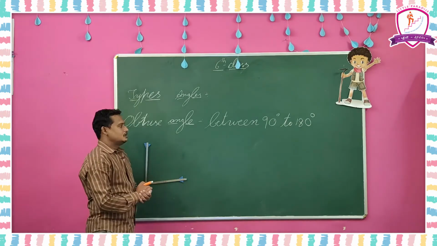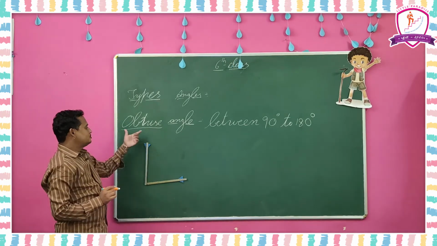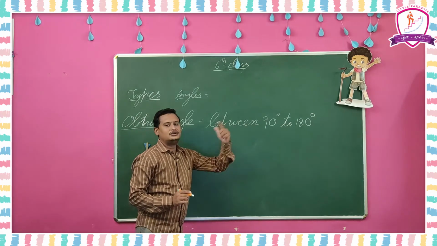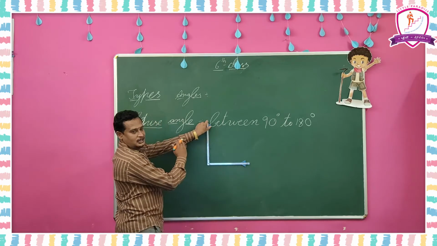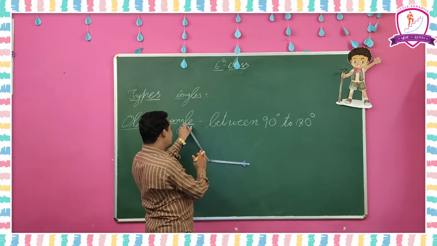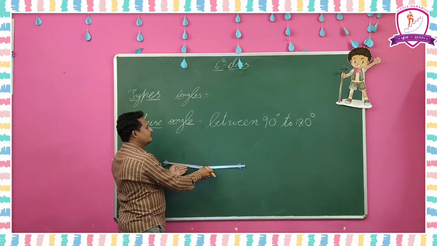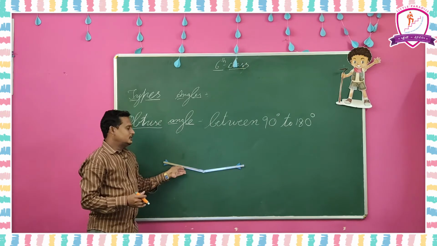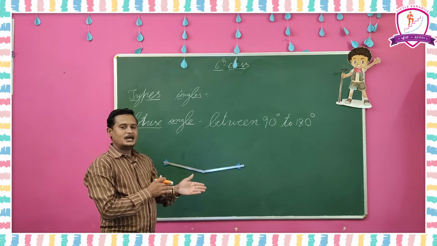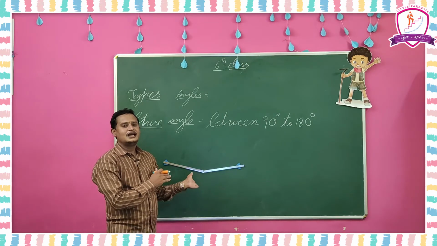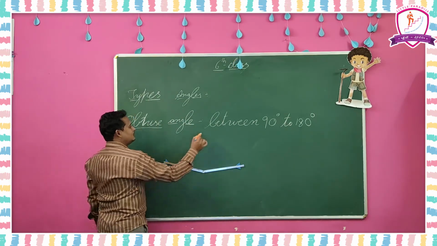Next, coming to the obtuse angle. This is the next one, the obtuse angle. An obtuse angle is between 90 and 180. Here 0 to 90 is acute, exactly 90 is right, and after 90 up to straight it becomes an obtuse angle. So after 90, from 91 onwards up to 179, these angles are called obtuse angles. Okay, after obtuse angles, the reflex angle.